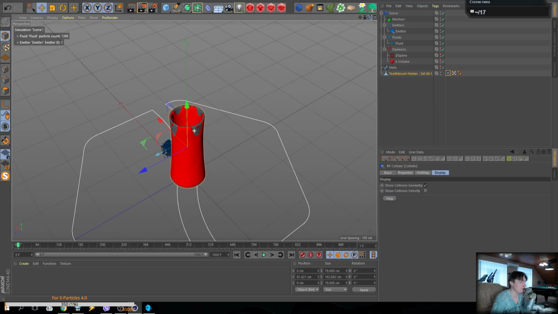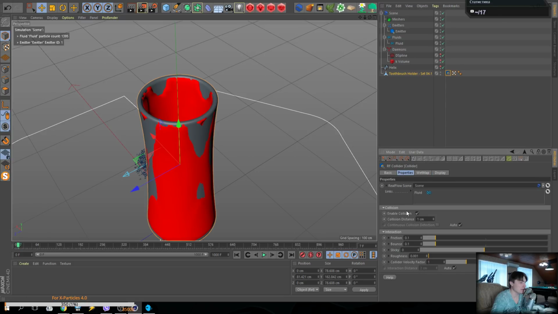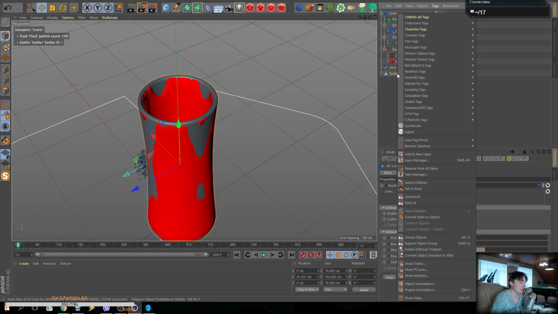So how to fix this problem? How to avoid this problem? If you change collision distance, less or more, or go to collision factors, it really does not help you and you can freeze your computer. So the good idea is to make a right click, go to RealFlow tag and select one more, create one more